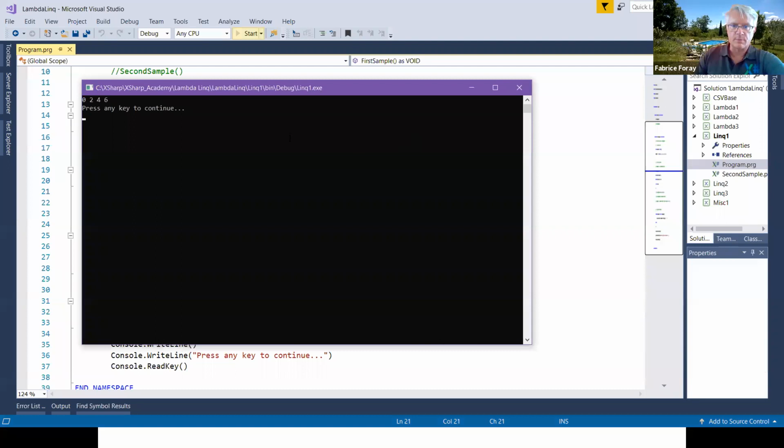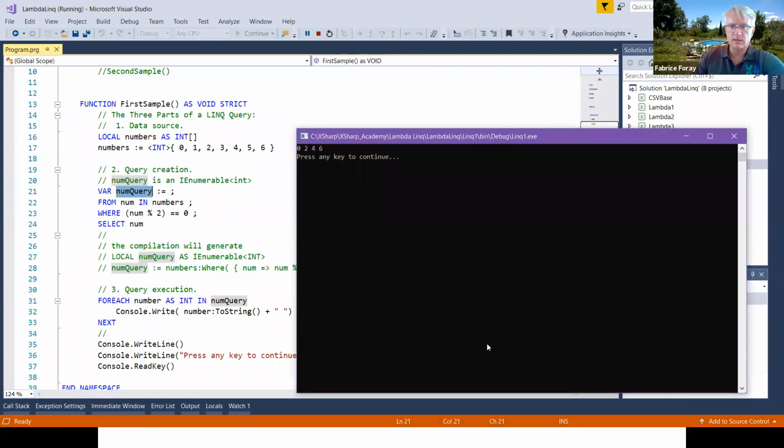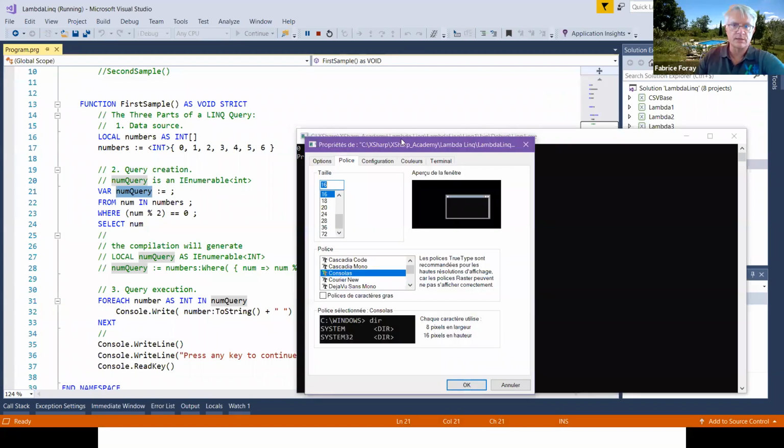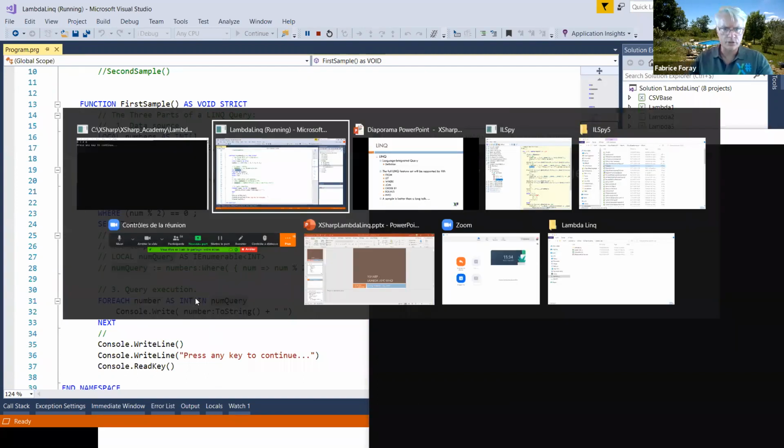If I run my sample, I'm only printing even numbers in my collection, because I extract these numbers and then I use the result of the query in my foreach enumeration here. If I have a quick look at ILSpy just to see what's happening,